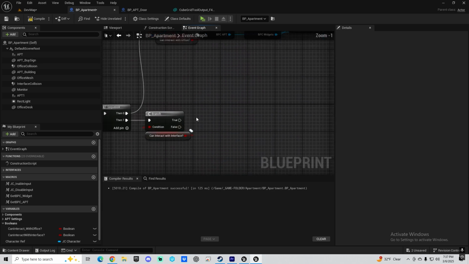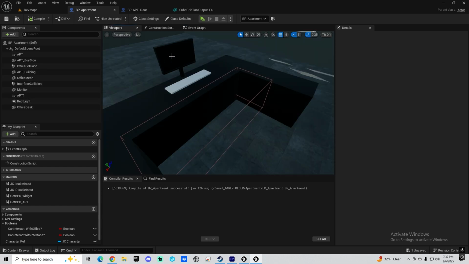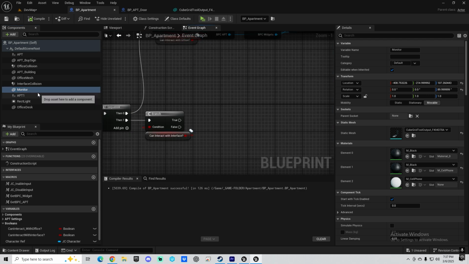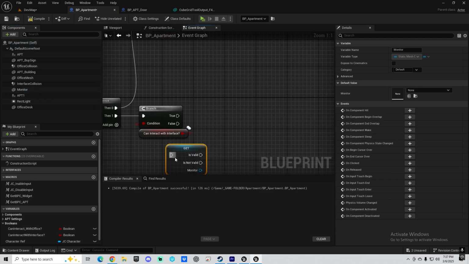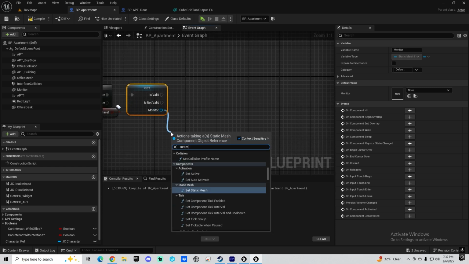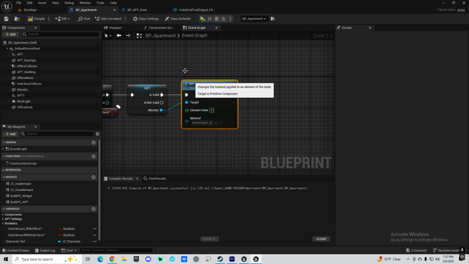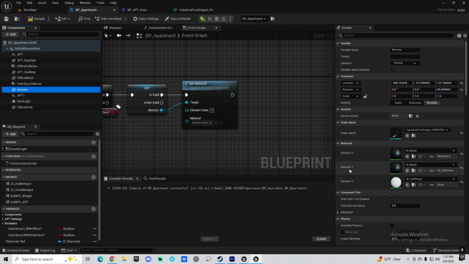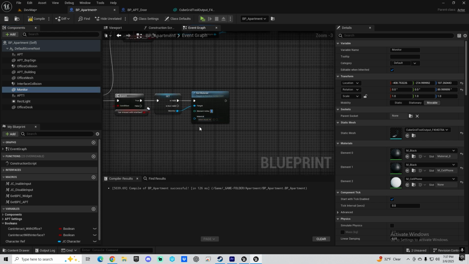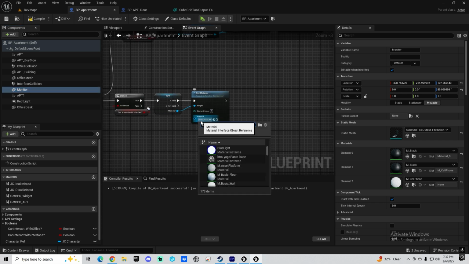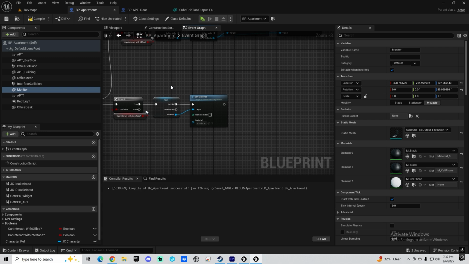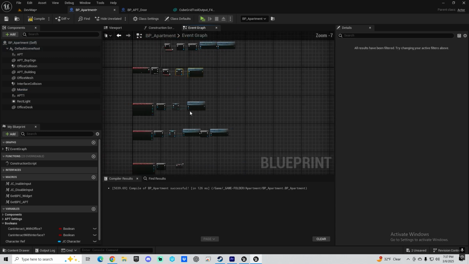So what do we want to do? Well, when we interact with this, when we push the E key, let's get the, what do we call this? Okay, let's get the monitor, right? And let's make sure it's valid, so we don't have errors and stuff. And we can say set material, and if you look at the monitor, the number we want is 1 because it has 0, 1, 2. So when we click it, we want to change the number 1 to the M light. Or we might want this to be on the flip flop, or maybe not. Let's copy this, and then when we leave,